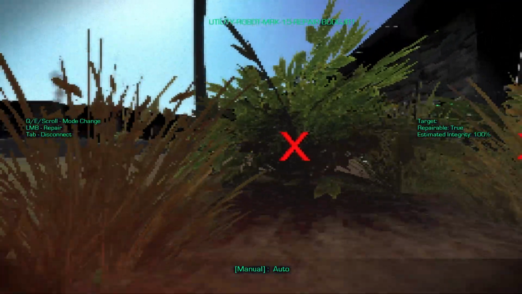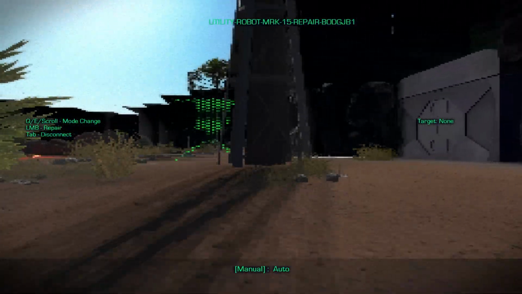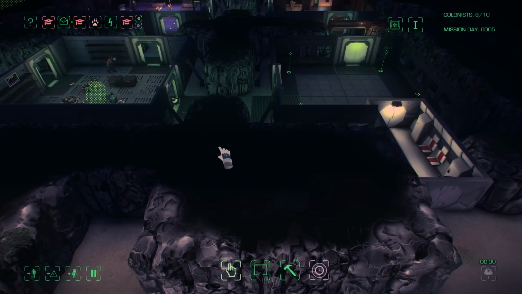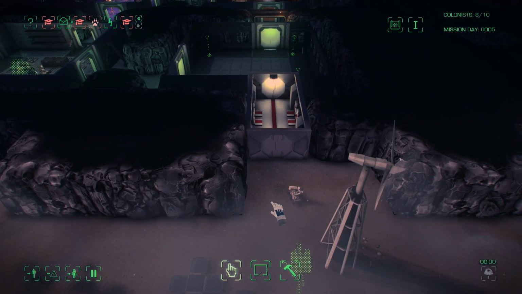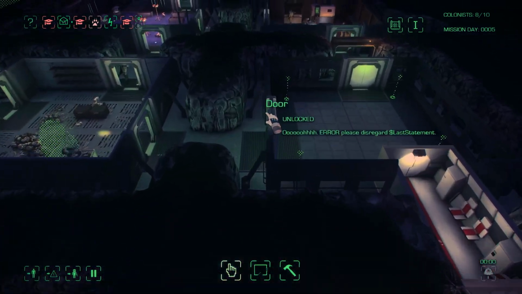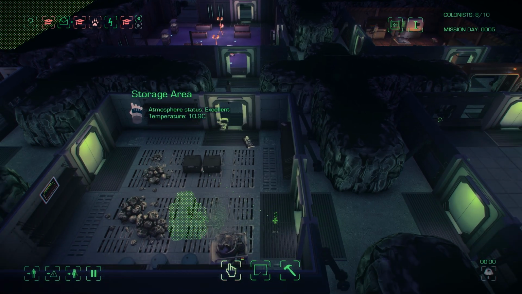Be careful when repairing stuff, as you can set stuff on fire with the welder, as someone in our Discord found and murdered all their colonists by accident. Just gonna exit that. I'll leave him outside. Obviously, you can give move orders to robots as well. So if you want them to be somewhere, you can tell them. Same with the dogs. They don't always listen, but